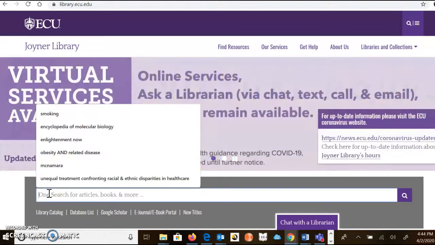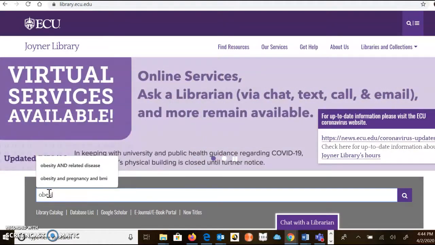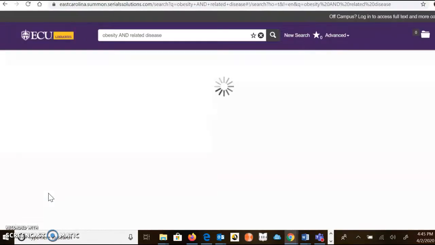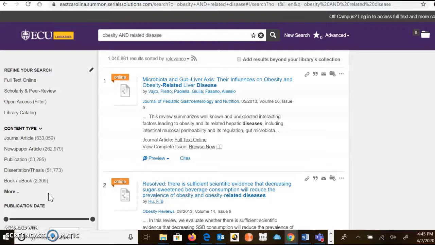Okay. So I'm going to start really simply and just do obesity and related disease, because maybe I'm not sure exactly what I want to look up yet, and see what pops up with this related to obesity and related disease. So you can see we have a whole bunch of different results here that we're not going to look at